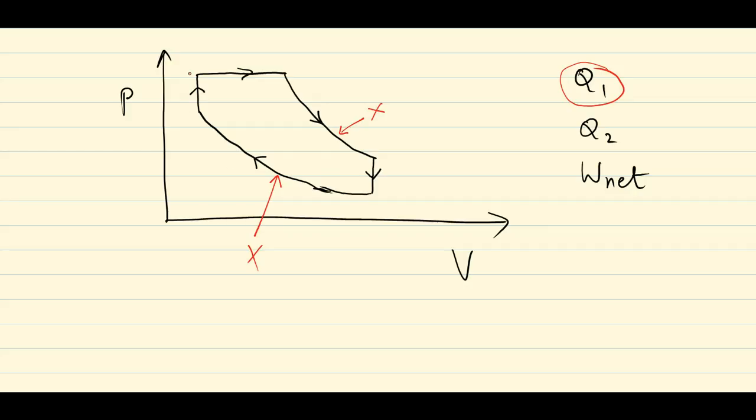Now we don't want to go into the details. In the remaining 3 parts of the cycle, that is this one and this one and this one, you have to look for places where heat is extracted and where heat is given. If heat is given to the gas, then of course it's going to be a part of Q1. So without actually doing any detailed calculations, just for the sake of the explanation, let me assume that you discover